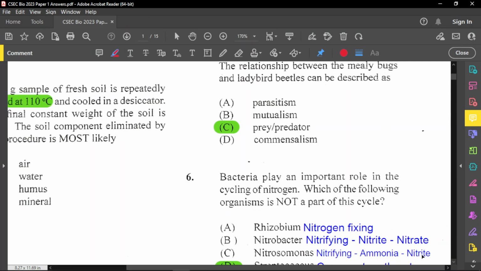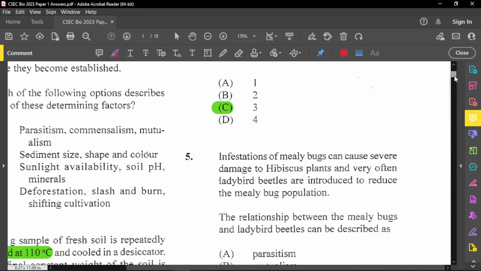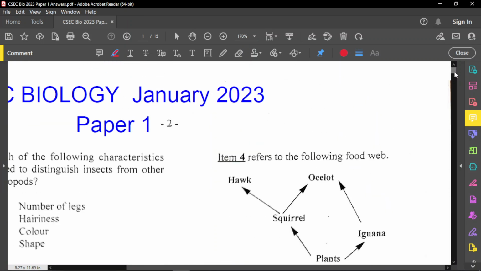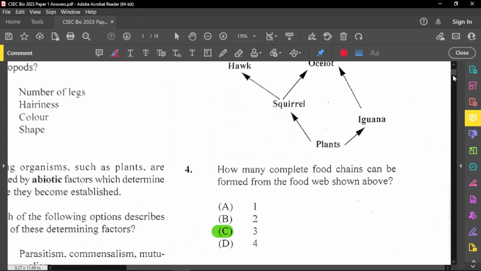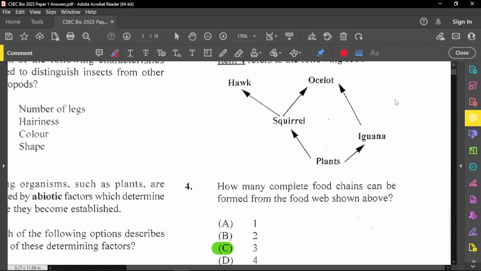All right, so next question is question number 4. And question number 4, it reads now, item 4 refers to the following food web. And so I want to observe the food web carefully. And now the question reads, let me go back a little bit so you can actually see the food web properly. All right, and so the question now reads, how many complete food chains can be formed from the